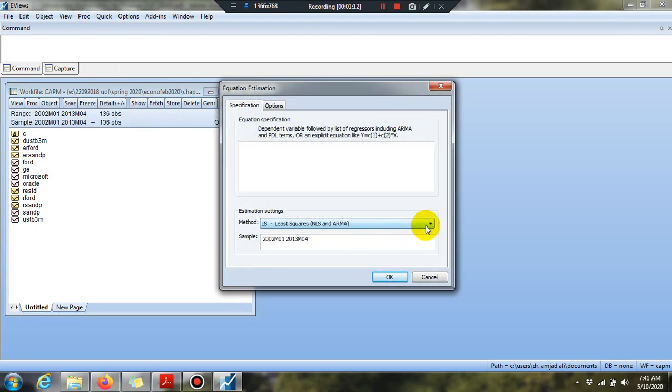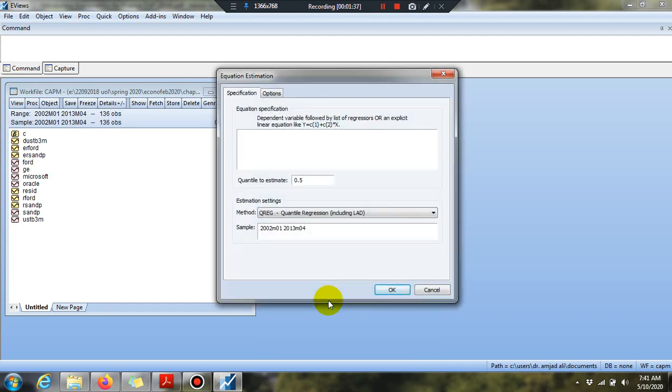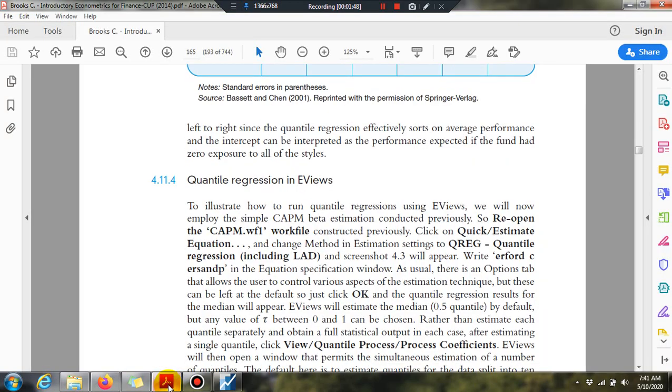Here we have to change the method, and here the OLS or simple regression method is given. So here we have to change it to the quantile method. So click on the quantile method. Here we get a new window, and this is the same screenshot which Brooks has given on page number